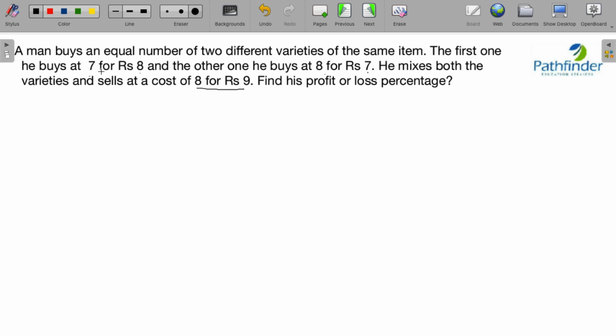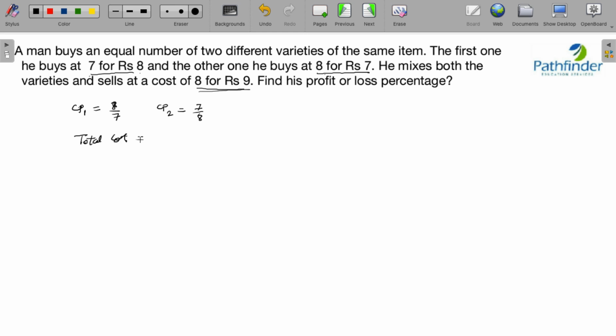Now the first mistake that many students make is in identifying the cost price and the selling price. See, the first one he buys at 7 for rupees 8. That means the cost price of the first variety is 8 by 7 rupees per unit. Similarly, the cost price of the second is 7 by 8 rupees per unit. So always remember, rupees in the numerator and number of units in the denominator. So the total cost,